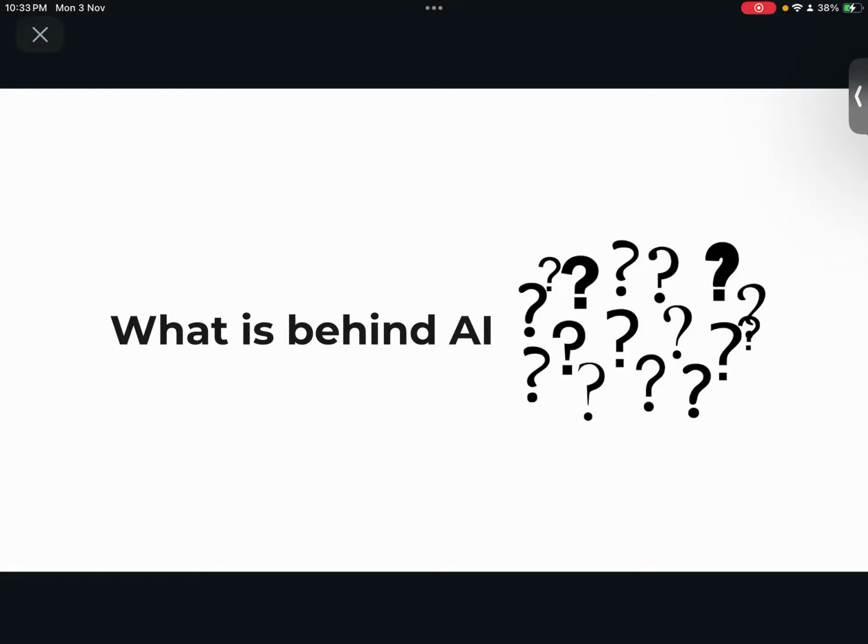If we don't have data to train our models, we cannot say that we have artificial intelligence. And the second thing, and the most important thing, is the compute. In order to build artificial intelligence models, we need a lot of compute, so a lot of GPUs and CPUs and a lot of computing power in order to be able to process these large amounts of data.